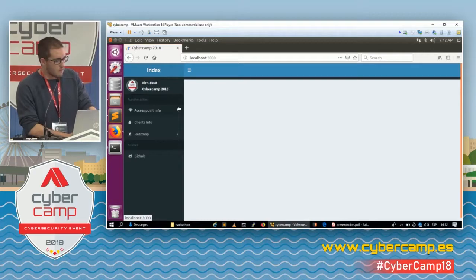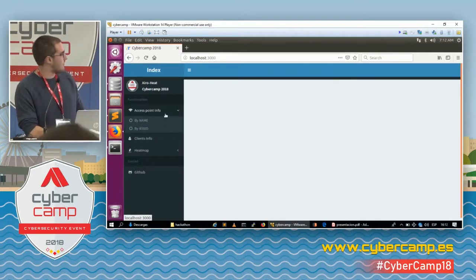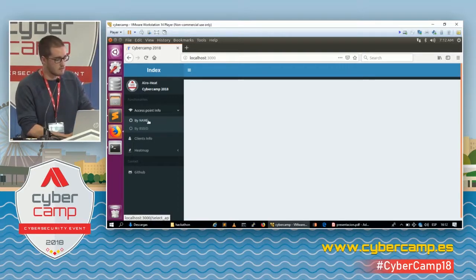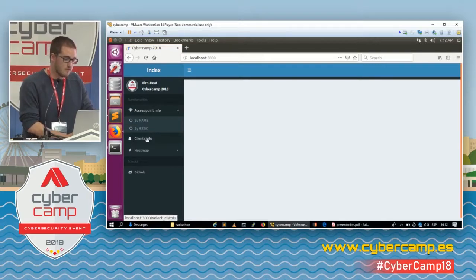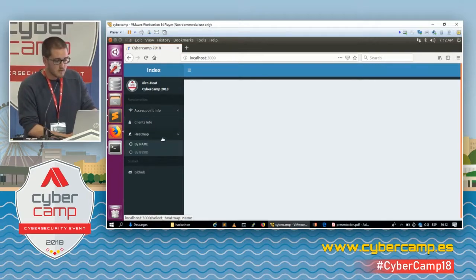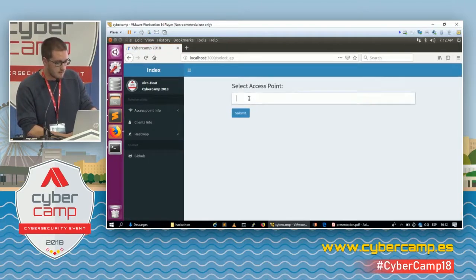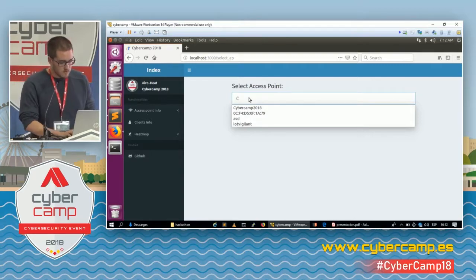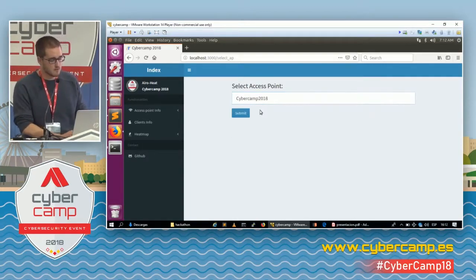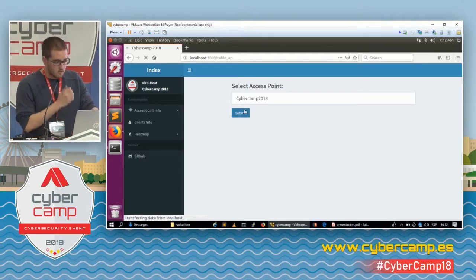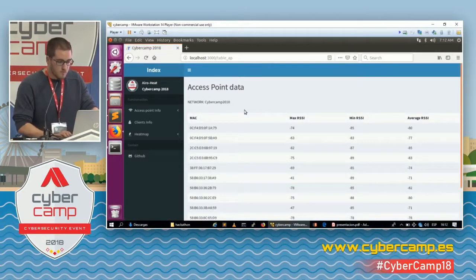As you can see, there's an interface. On the left side, you can choose access point information collected, client information collected, or heat map generation. So if you move here, you can see and choose the name of the network that we're auditing. Let's say this is a pen tester's view with a Wi-Fi audit. When we click here,